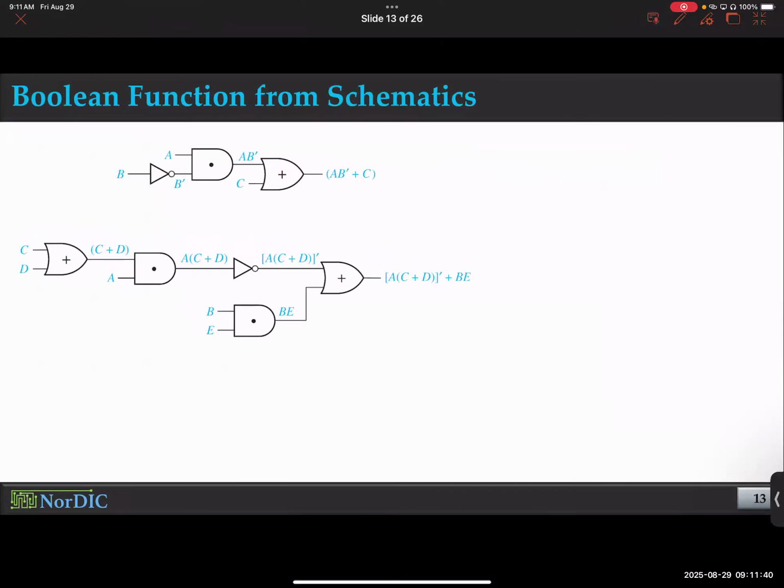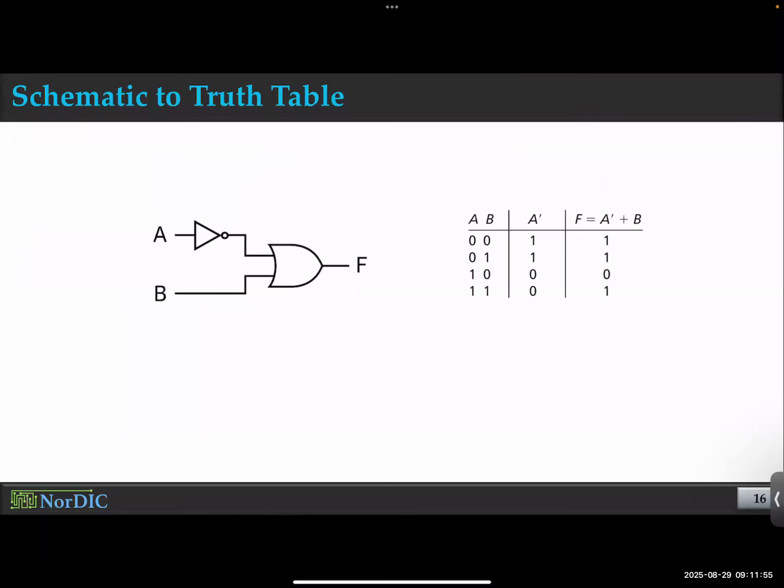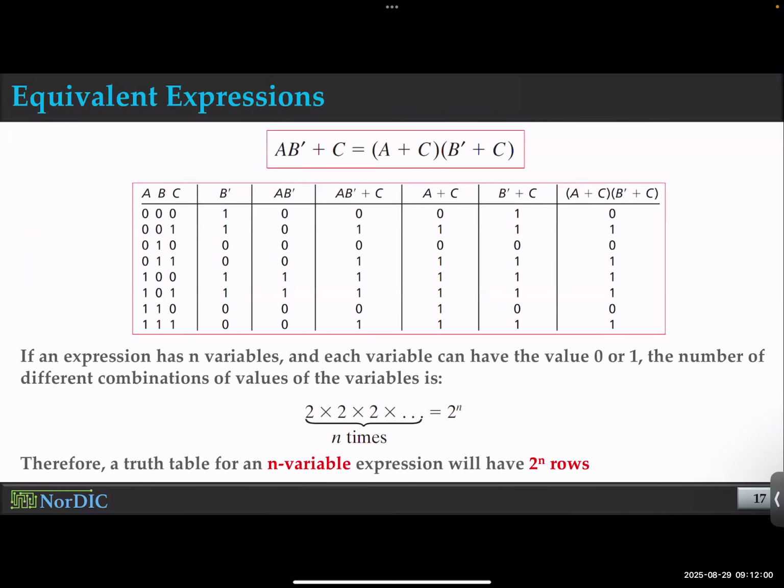The last class, we learned how to come up with a functional expression for Boolean functions looking at a circuit diagram. We also practiced drawing a circuit diagram, which is the inverse problem, looking at a given Boolean function. We looked at how to create a truth table and how to verify the equivalence of two Boolean expressions using a truth table. So apparently, if you have two random Boolean expressions and somehow their truth tables match perfectly, that means